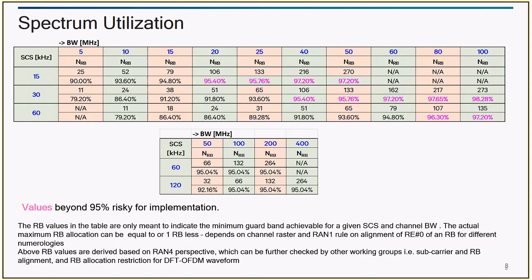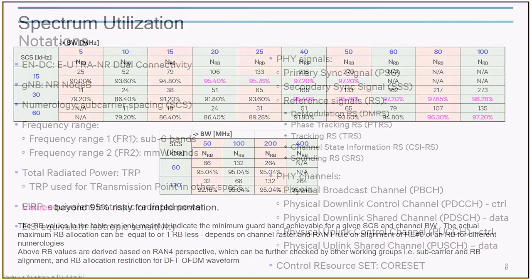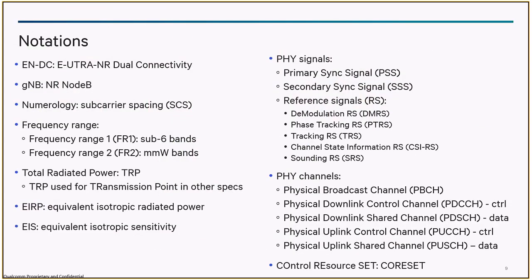Okay, some of the common terms that are used: ENDC, which is E-UTRA and NR dual connectivity. gNodeB is the new NR NodeB. Subcarrier spacing, SCS. I forgot the equivalent term for LTE, but essentially the 15 kilohertz resource element. FR1 refers to sub-6 bands and FR2 refers to millimeter wave. Millimeter wave starts after 24.5 gigahertz. Apart from that, the various physical layer channels.